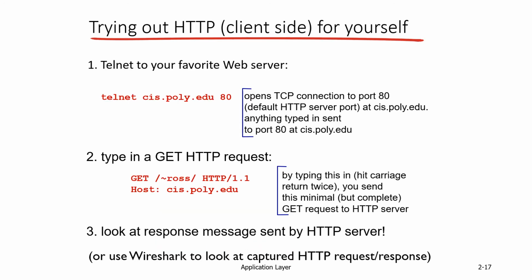You can try using a bit of Telnet if we have a face-to-face session next week. We are going to perform this experiment in class as well. We are going to use Telnet to connect to a web server, generate a GET request from the command line, and then take a quick look at the response from the HTTP server. So we are going to try to understand the previous slide, that is, the output of the HTTP header. You will be using Wireshark in the labs. You can also use Wireshark to capture individual HTTP packets or filter out HTTP packets from the entire network traffic, have a look at them and at their headers to understand the responses.